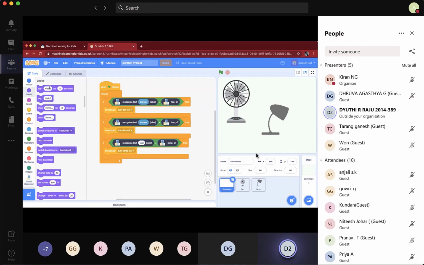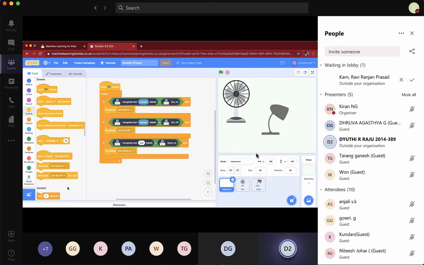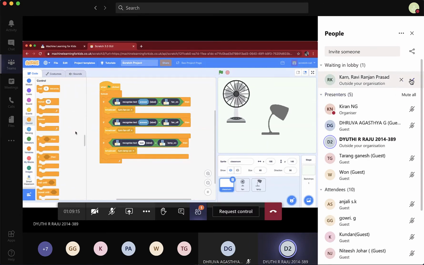go to looks. If you want, you can also enter your command. If you give it here, then a box will come here. I don't want to do it, so I'll just add the last loop.